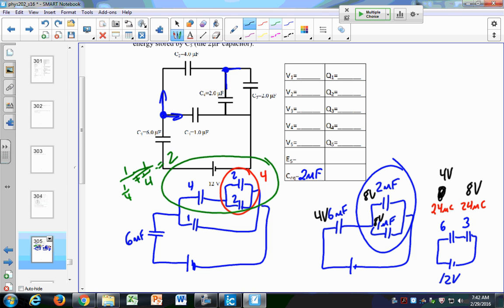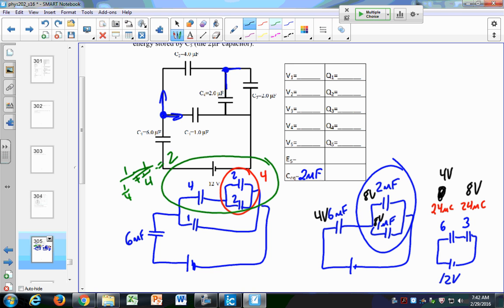Across their equivalent, they have 8 volts. So what must be the voltage across this capacitor? It has to be 4 volts. 2 identical capacitors in series will split the voltage equally, only because they're identical capacitors. They have the same charge because they're in series, and the same voltage because they're identical capacitors. So I'm going to have 8 volts across this whole thing, so I'm going to have 4 volts across that